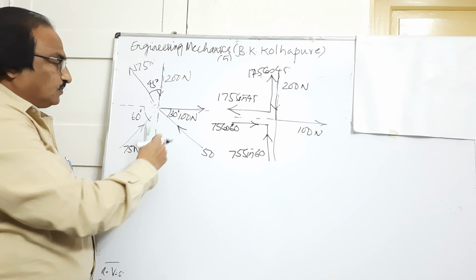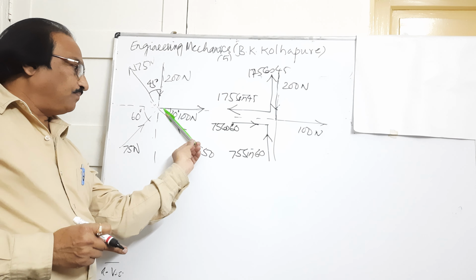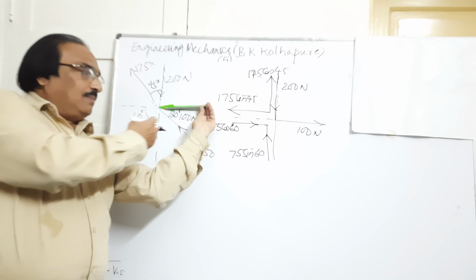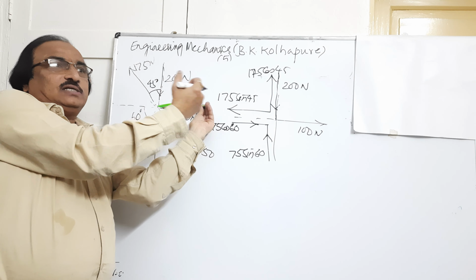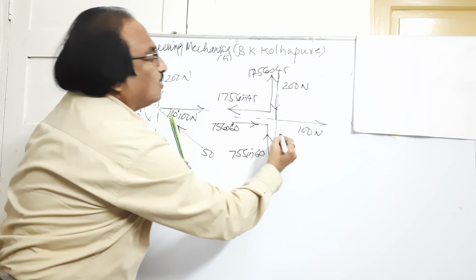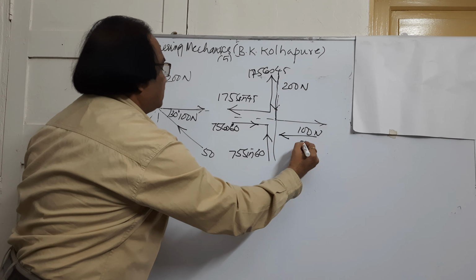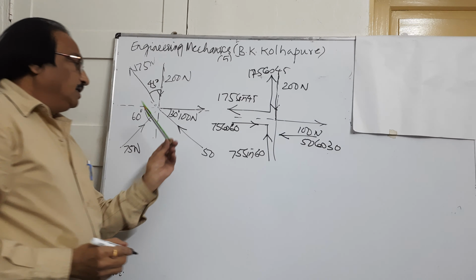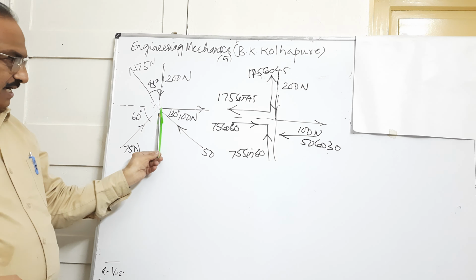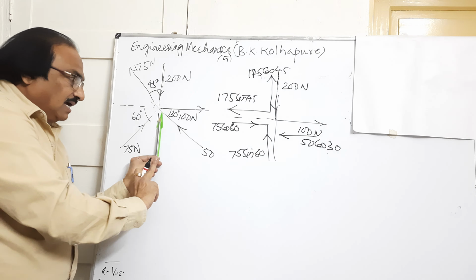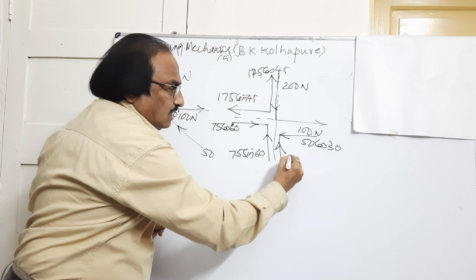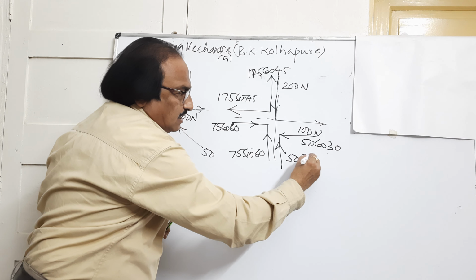Now let us come to this force. See, this force is also now like this. This is how it is acting. If I resolve the force horizontally, I am going along the angle and the direction you see is towards left. So draw an arrow towards left. This is 50. We are going along the angle, cos of 30. Same force. If I resolve it vertically, we are going away from the angle and the direction is upwards. So draw one arrow here upwards. This will be 50 sine of 30.